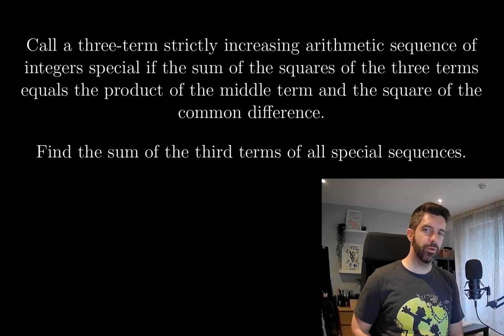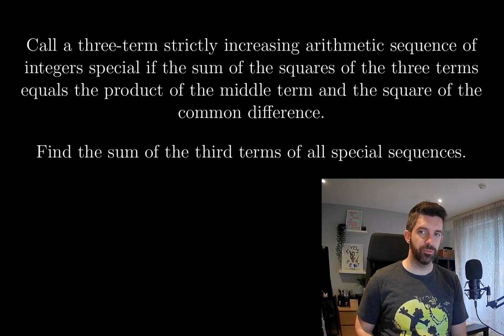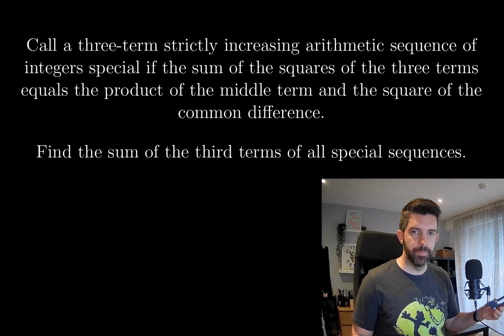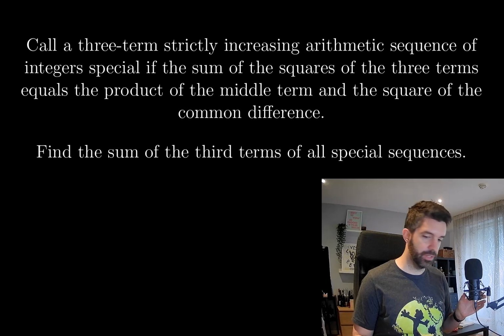Call a three-term, strictly increasing arithmetic sequence of integers special if the sum of the squares of the three terms equals the product of the middle term and the square of the common difference. Find the sum of the third terms of all special sequences. Okay, so this seems like a pretty,